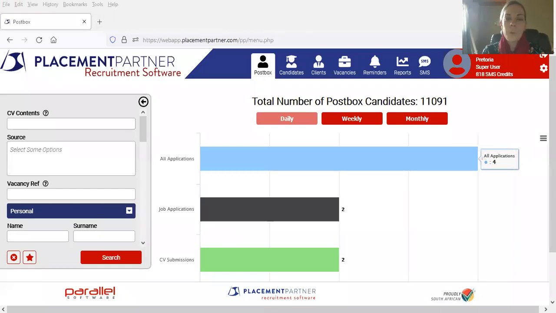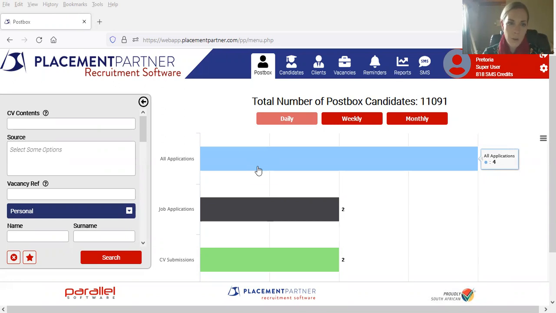the searches work. When starting on Postbox, I'd just like to say that when it comes to Postbox, your candidates, your clients, and your reminders, these searches are now remembered on the system. So that is extremely useful now. Should you have worked on a specific candidate in Postbox or database, and you needed to go to your client and create an interaction and need to revert back to your search, the system will remember your last search, which